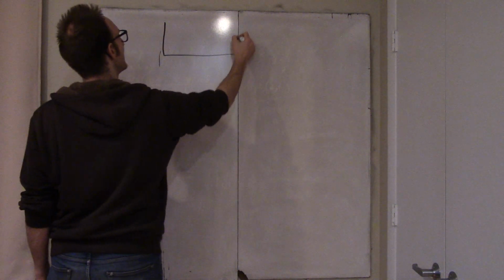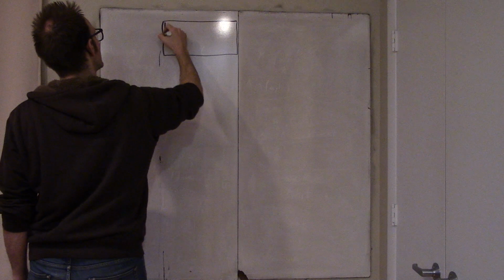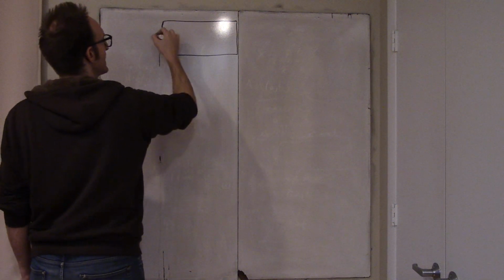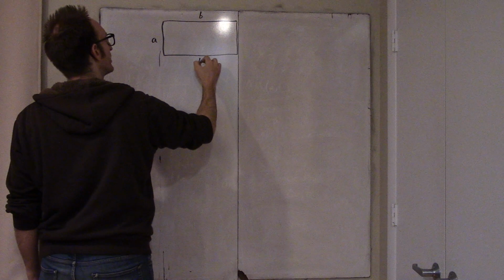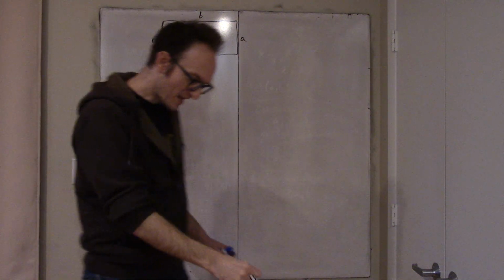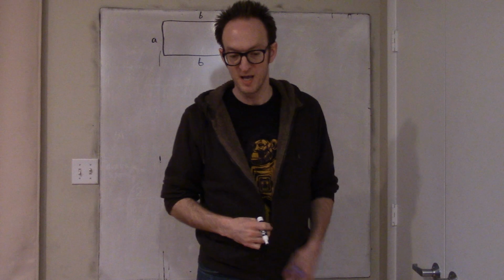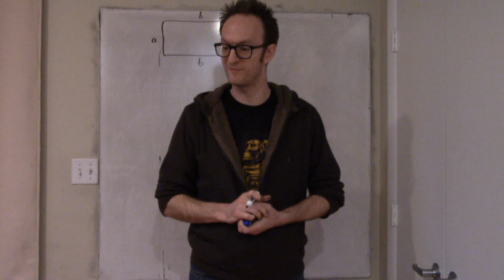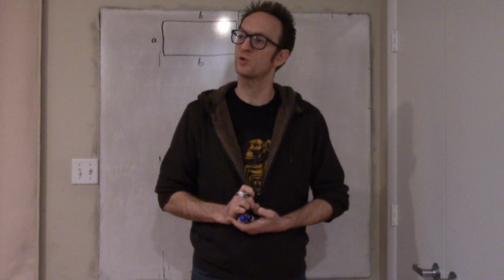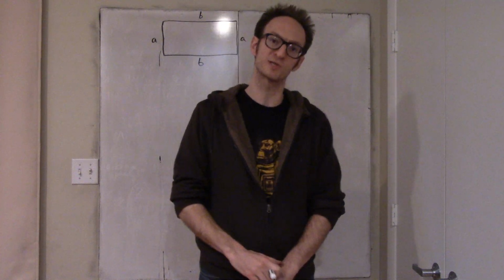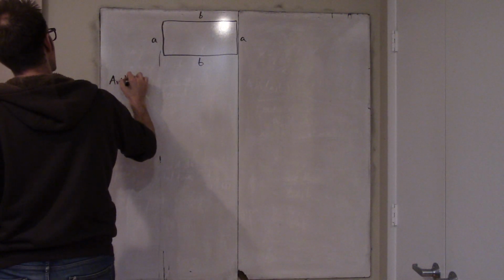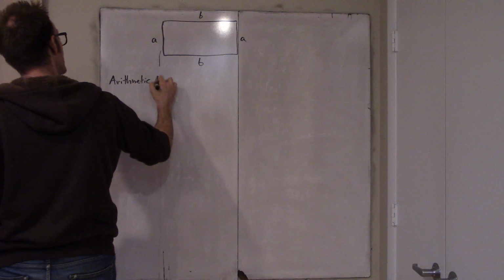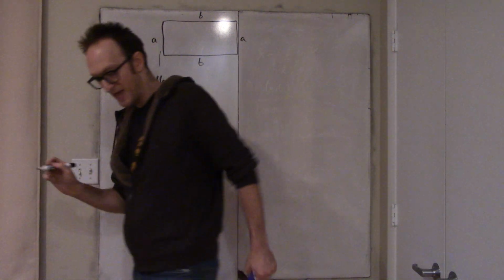and let it be an A by B rectangle. Okay, great. Let's interpret geometrically the various means of A and B as ways of averaging the rectangle or something like that. What's one way to average the rectangle? Well, let's consider the arithmetic mean. We can average the rectangle by forcing it to be a square. And